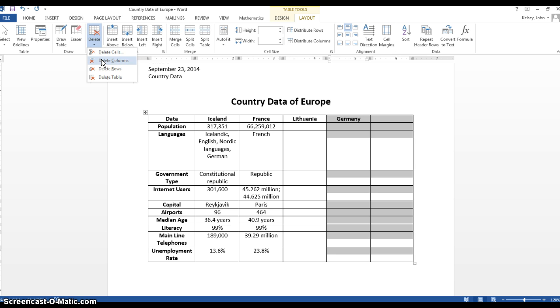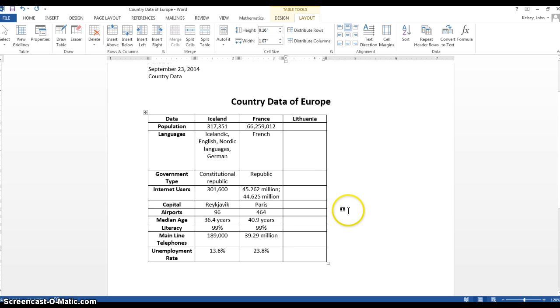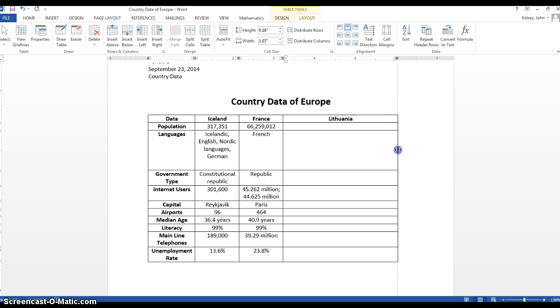Now, as soon as I delete these, though, you'll see now this table is sort of artificially skewed to the left because now I have this big blank space where those columns used to be. So I'm going to go ahead and grab this last column, and if you look at the tool right here, it sort of turns into a double arrow, so you have to be very specific about where you're clicking. I'm going to drag this out to where I want this overall table to be, ignoring the fact that I've accidentally made this last column gigantic,